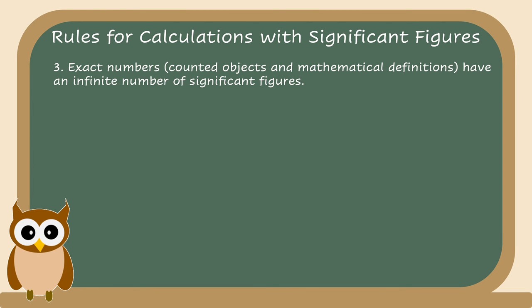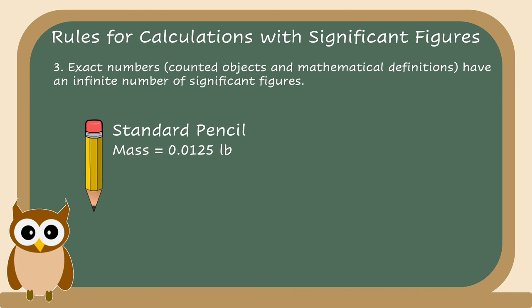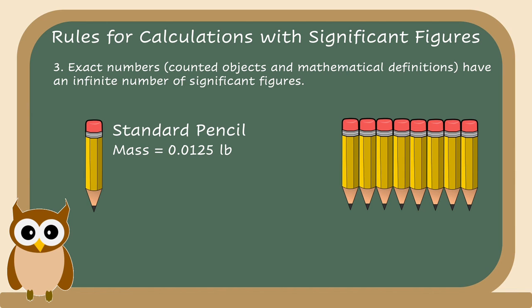Right, finally, rule number 3 is that exact numbers, such as counted objects and mathematical definitions like pi and the gravitational constant, have an infinite number of significant figures. Okay, take for example a pencil. This standard pencil has a mass of 0.0125 pounds. Now, if we were to have 8 pencils, we simply multiply